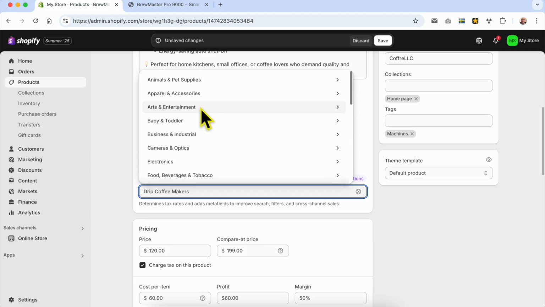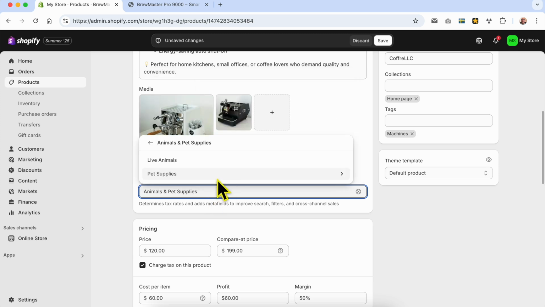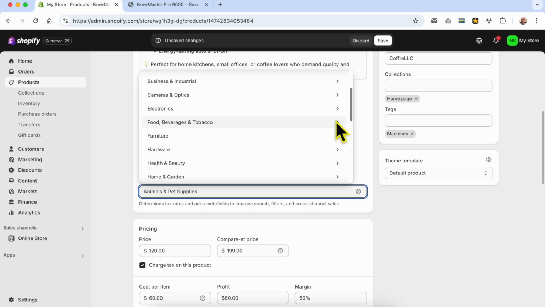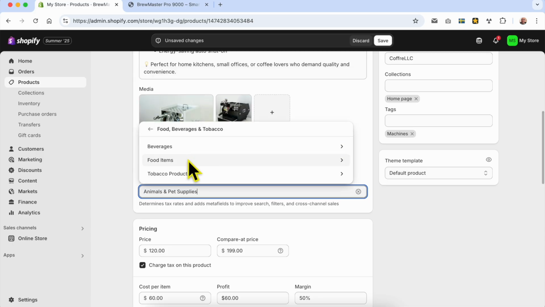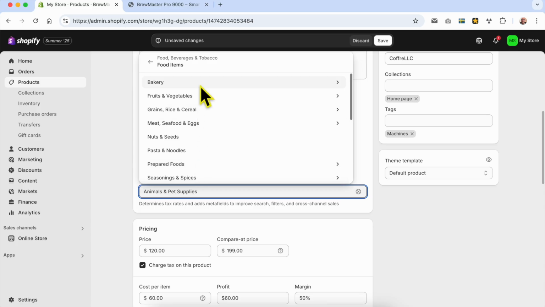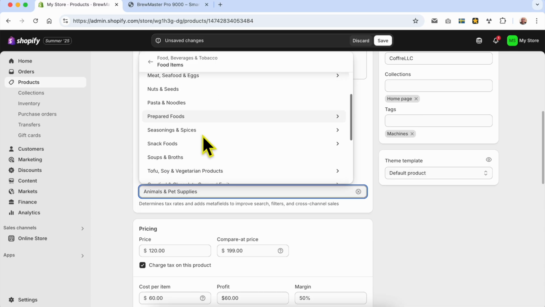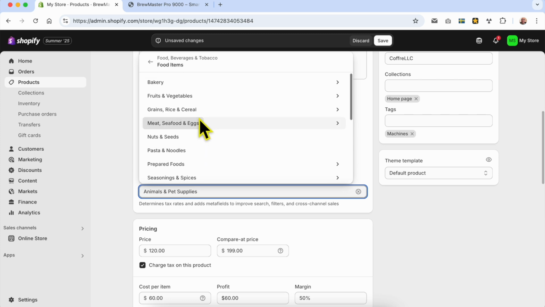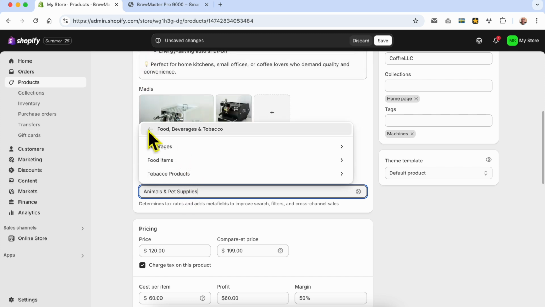And inside each of these parent categories, when you click on it, you find subcategories. Let's look for the foods and beverages. Inside this, I have food items, and inside it I still found subcategories like fruits, bakery, seasoning. I think dips. I think I'm in the wrong category. I'm looking for machines, and